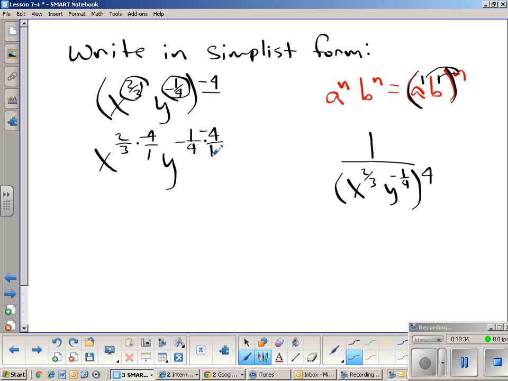And so what do I get in this case? X to the what? I'll give you a hint. It's a negative. Negative 8/3. What's that? Negative 8/3. No common factors here, so we just multiply straight across. 2 times 4 is 8. 3 times 1 is 3, so I get negative 8/3. Y,